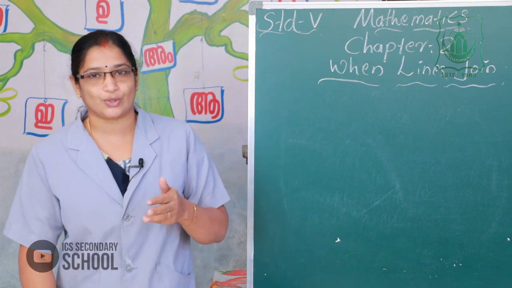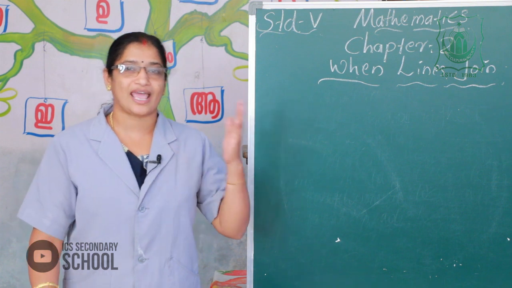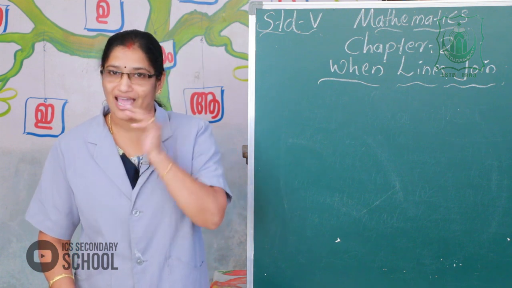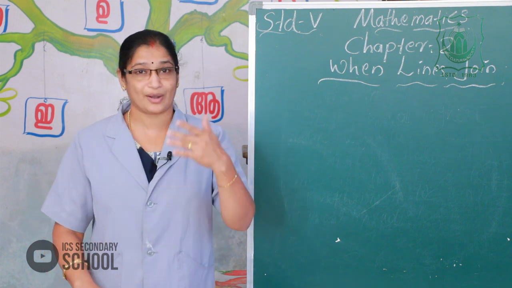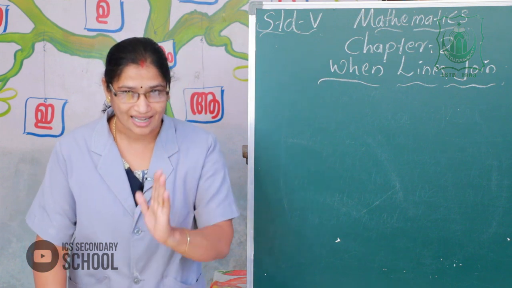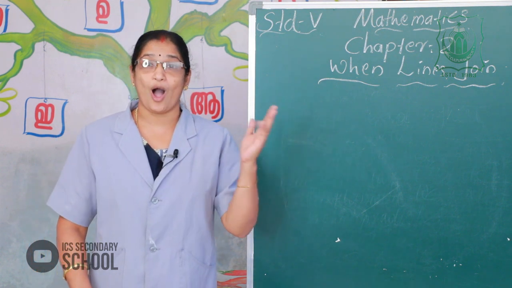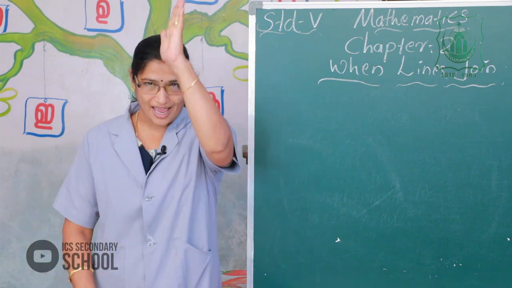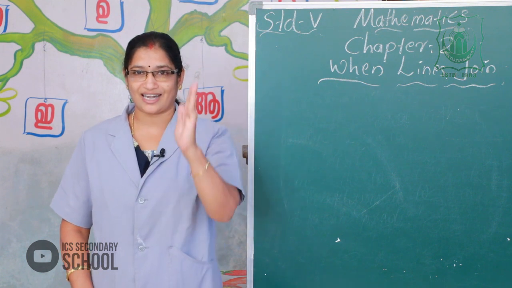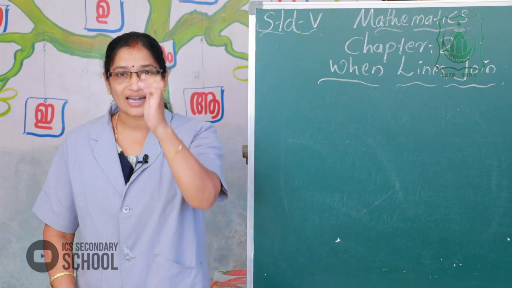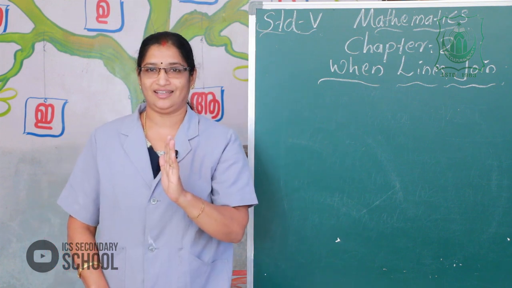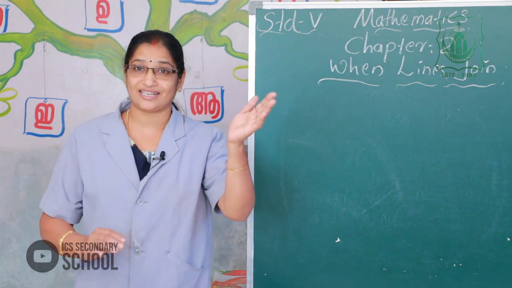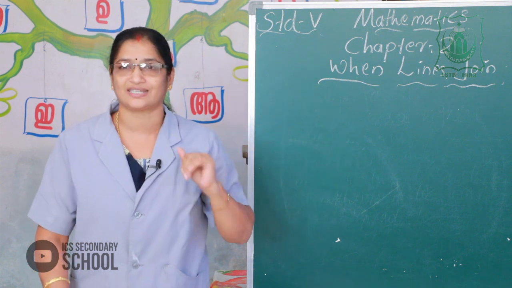This lesson starts with two activities: distinguish between straight line and slanted line. In your surroundings or premises, you can see straight lines and slanted lines. Coconut tree, areca tree, palm tree, and electric post are examples of straight position. Some coconut trees are slanted in the reverse side; that is slanted position.